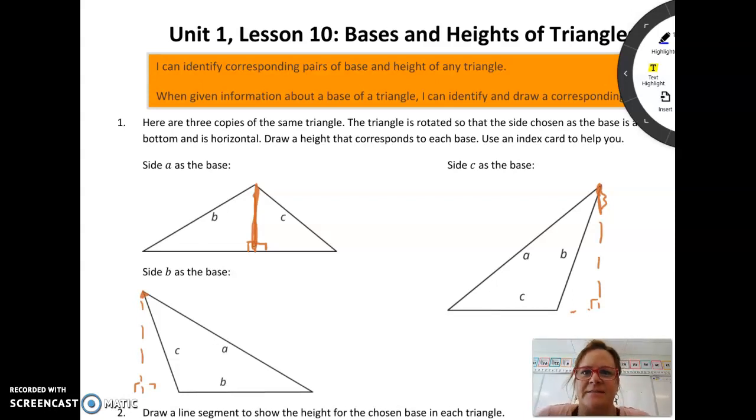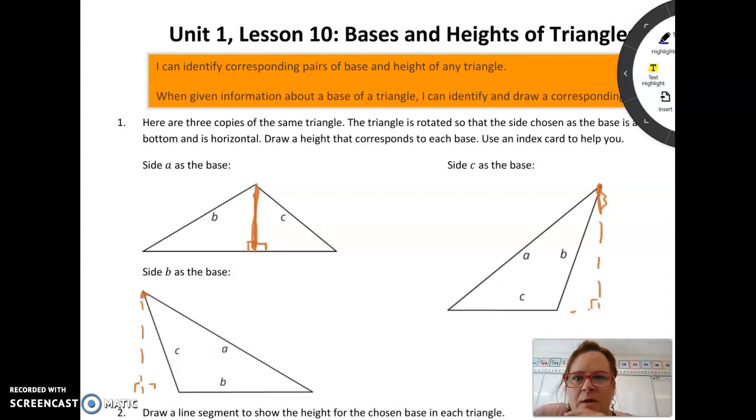I'm going to talk about Lesson 10, Bases and Heights of Triangles. In the first one, we have some copies of the same triangle, and the base is labeled. We're going to look at all three sides of the triangle as the base. Because remember, any side of a triangle can be the base. So it's just a matter of identifying the corresponding height that meets that base at a perpendicular line or a